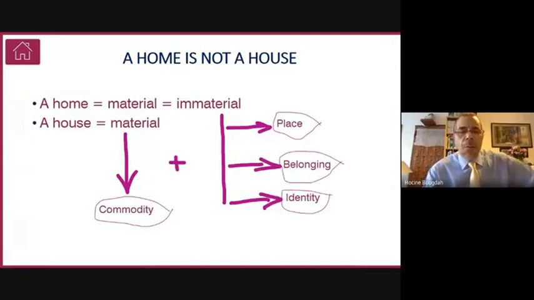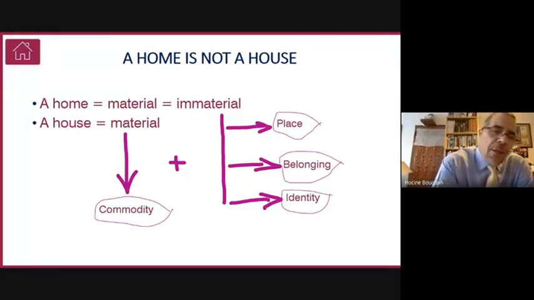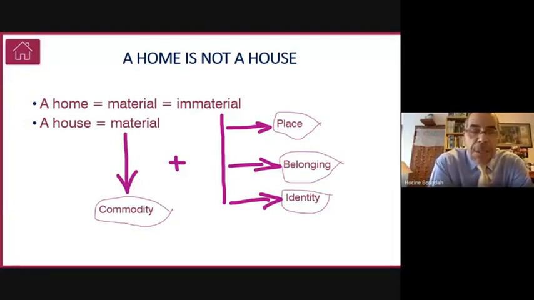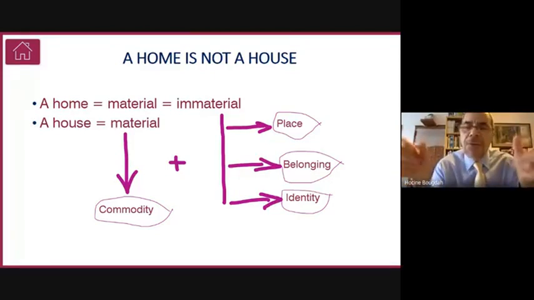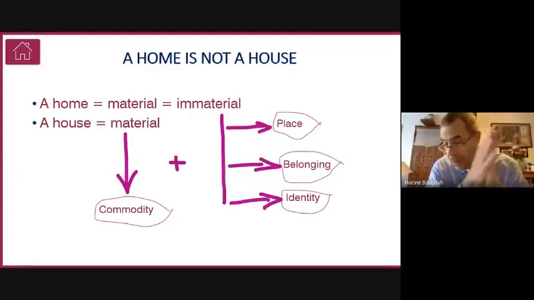So, trying to address what is the difference between home and house, a very, very rough simplification is this equation: a home is a house plus something. A house is basically the material side of a structure. It is really the physical entity. It's the materials, the technology, putting it together, even the design that goes into it and so on.